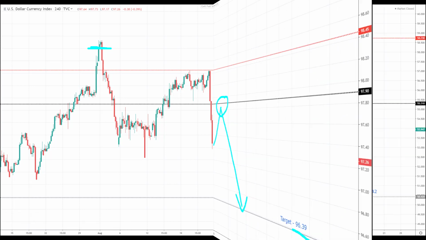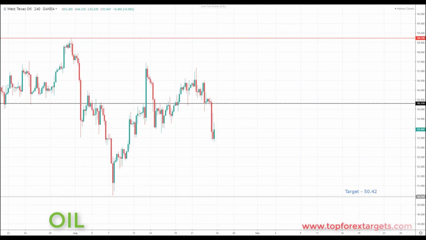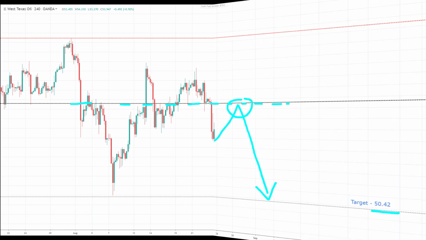So next market we're going to look at is crude oil. Now we start the week below a key area of broken support from the past, looking to turn resistance at the 55.310. If we can get a pullback and a retest of broken support turning resistance, this is going to be a great place to start to look for those bearish formations and patterns. And we're going to be looking at initiating shorts down towards the next key area of support to the downside and the target set at a 50.42.